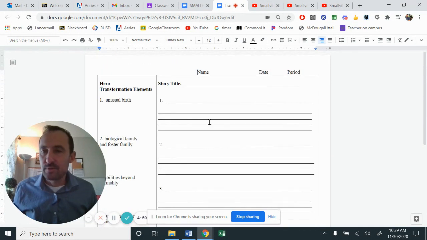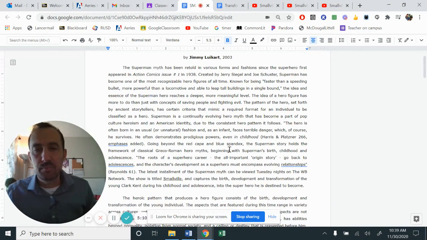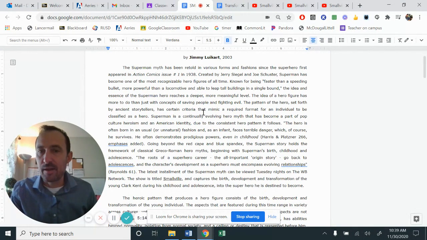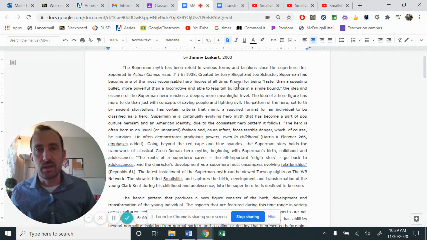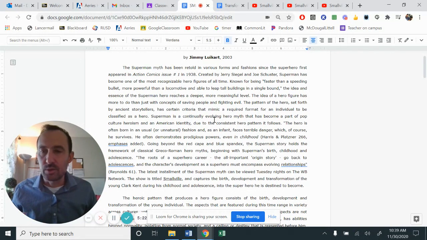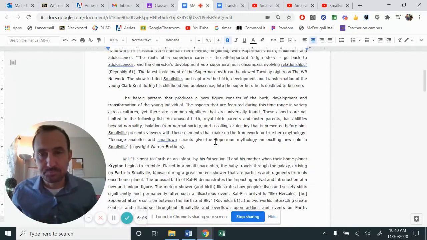So these 5 components are what we're going to pull apart today, and each one of them is going to be explained. Okay. So looking here, this introduction goes through the Superman story and kind of how it came to be, and developing the Superman myth as a whole. Okay, this was back in 2003, so it is quite dated. However, the story concepts are the same.